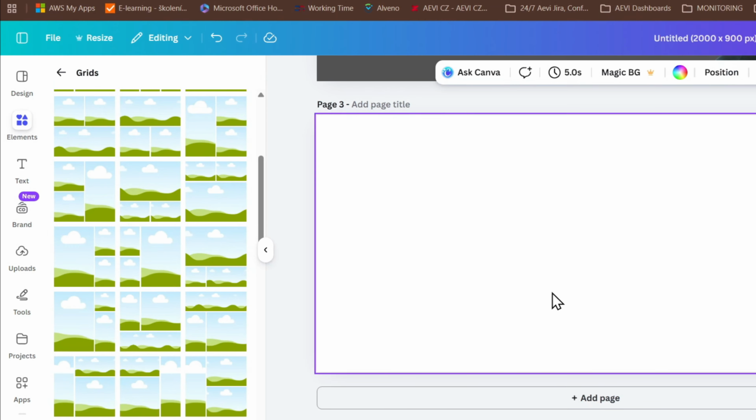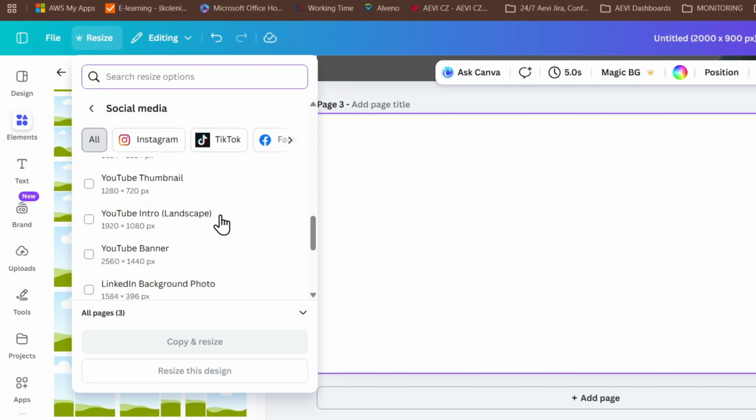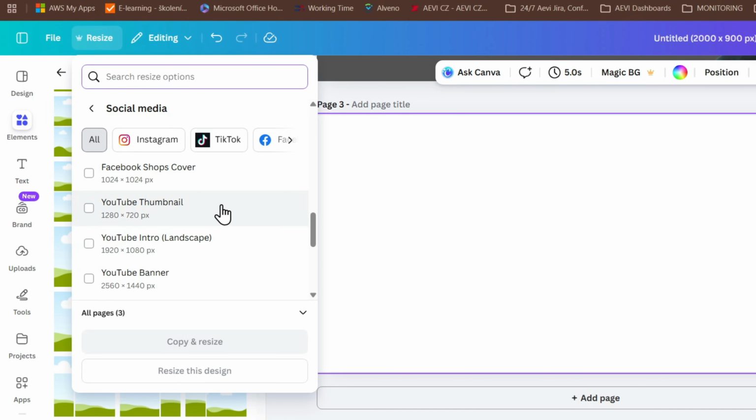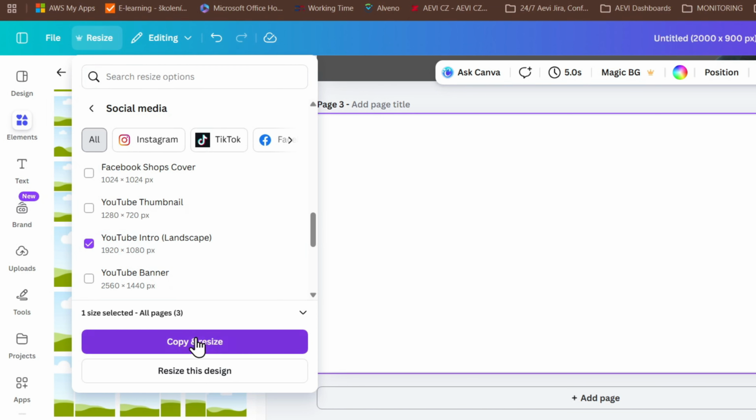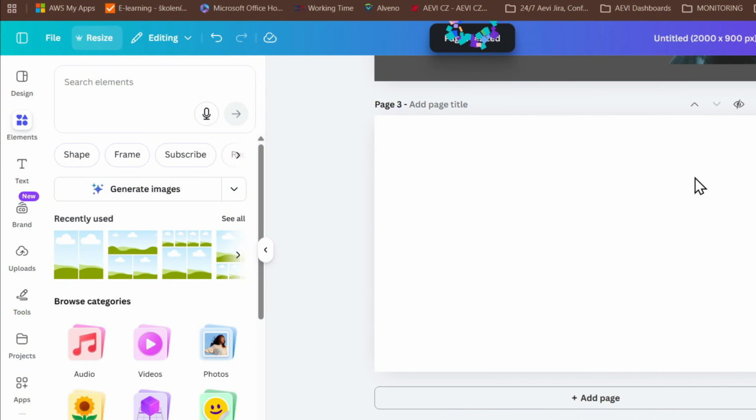In case your design does not look, let's say, perfect for that size, you can go ahead and resize your current design to find something that actually works for videos. I'm going to just choose the option for YouTube intro because this actually works and we can resize the design and you will see right away that it's going to resize it. And so, yeah, it gives us a perfect sizing that we can work with